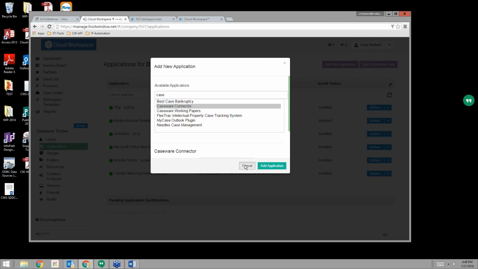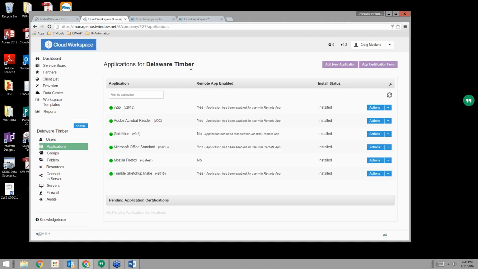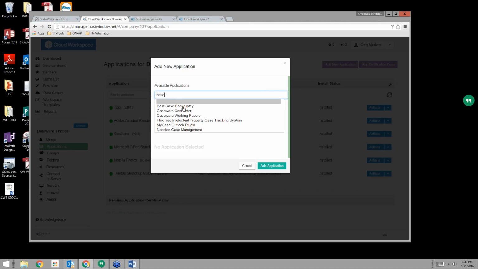Yeah, and actually Best Case right there is law firm software. I had a client that used Best Case. I had a bunch of bankruptcy clients at my MSP, so you can see Best Case in there. That is Best Case Bankruptcy, a good example of law firm software that was clearly added. Okay, Brent said that was spot on, so that's good. He commented to lovely assistant Zach.